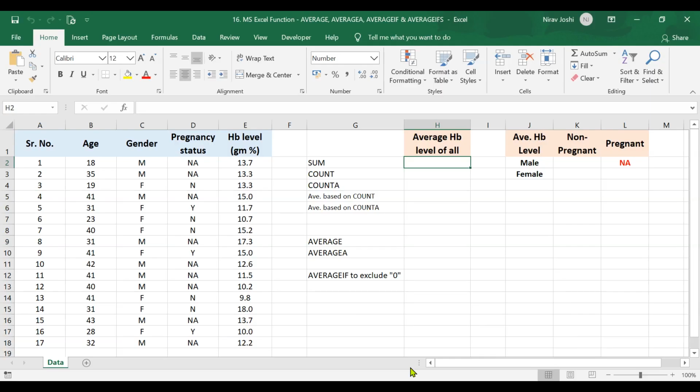Hello friends. In the series of Microsoft Excel functions, we are going to discuss today four functions that are related to averaging the numbers in a specified range. These are AVERAGE, AVERAGEA, AVERAGEIF and AVERAGEIFS. So these are the four functions that we are going to discuss today by this example given here, where we